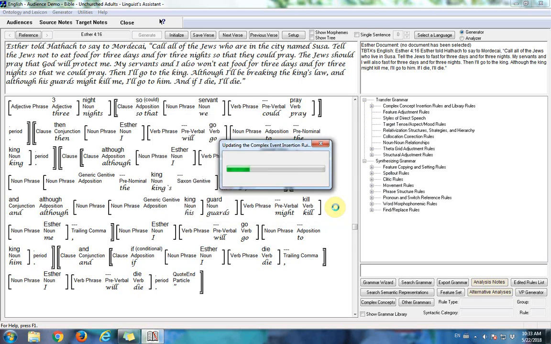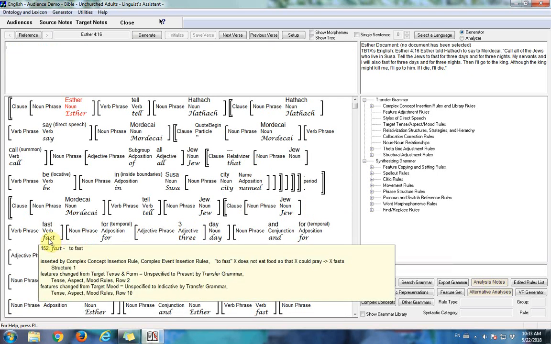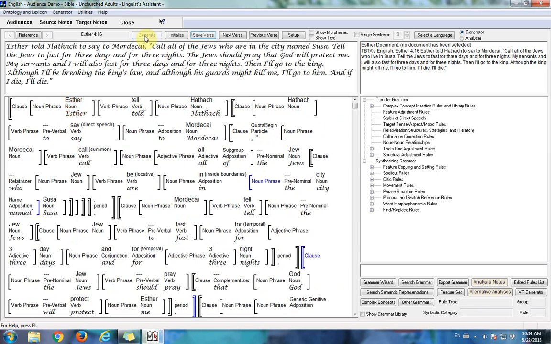So now the rules are updated for this audience, and we see that now the word fast is included in the semantic representation. Now the word fast doesn't occur in our analysis, but this has been inserted by what we call a complex concept insertion rule, because we've activated this concept for this audience. Now when we click the Generate button,